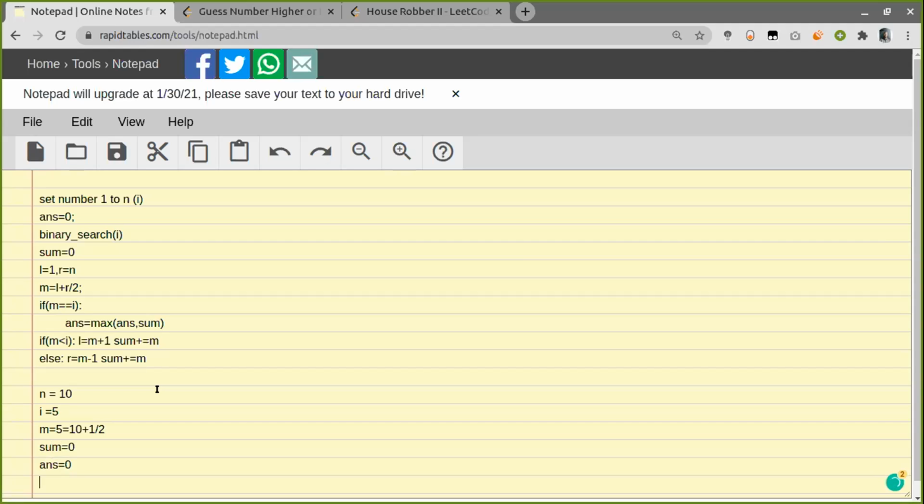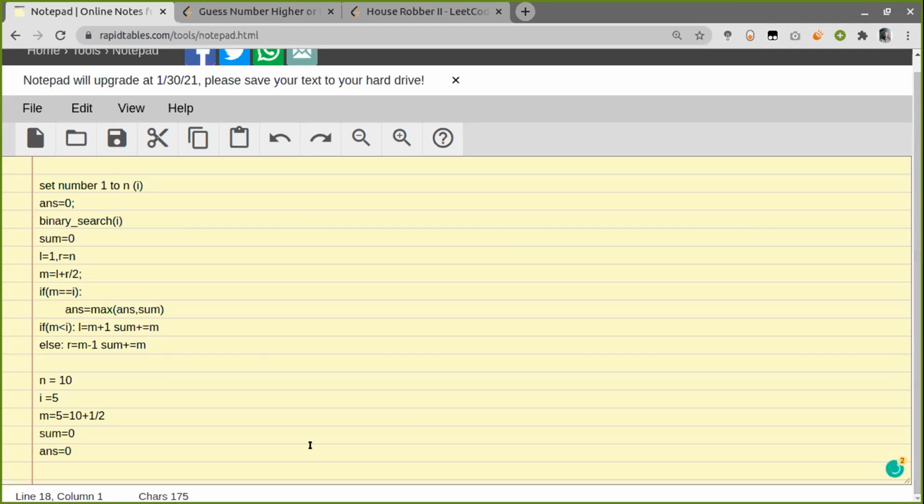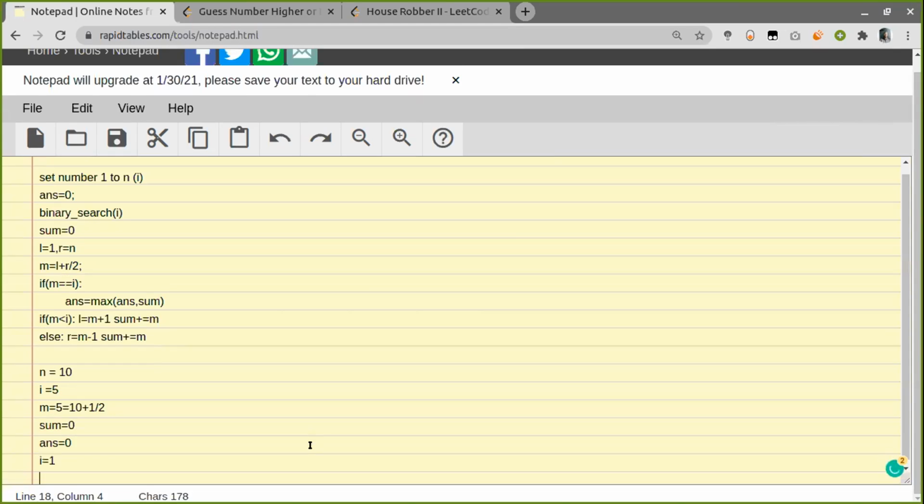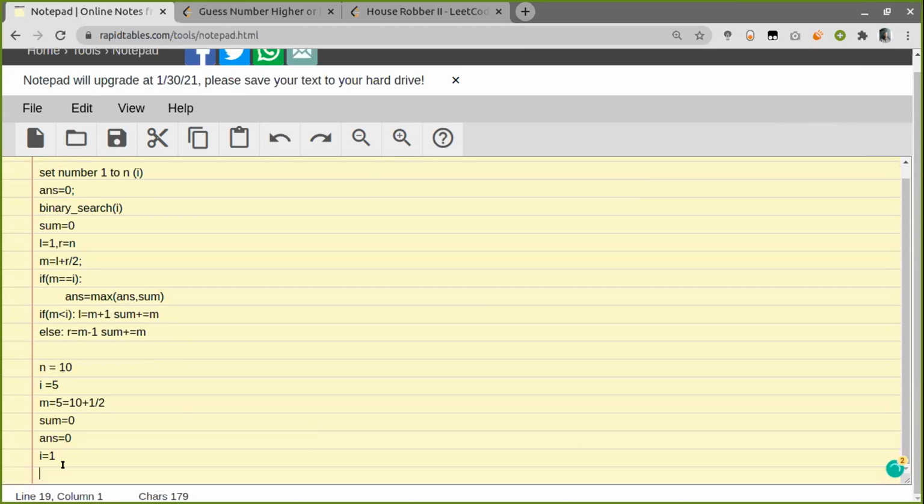But if the same process is repeated for 1, then the m value will first be 5, and since m is not equal to I, we will increment sum by 5.